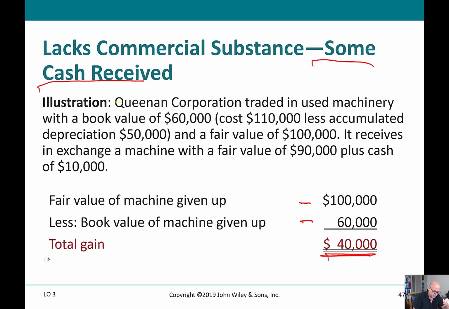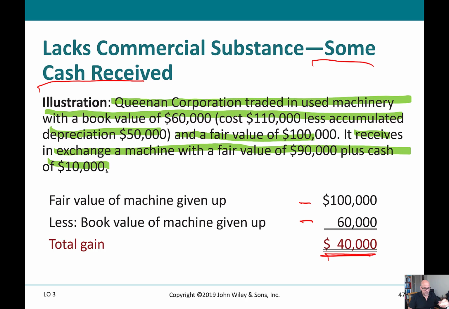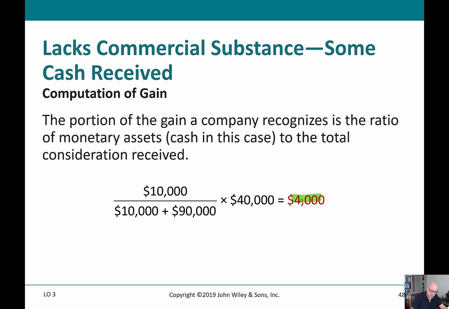I think this might be a little bit of a repeat of the previous question. Queenie Corporation traded in used machinery with a book value of 60, okay, and a fair value of 100,000. Okay, so it receives in exchange a machine with a fair value of 90 plus cash of 10,000. So we got some cash here, right? So what are we going to do? We're going to sit there and we're going to take 4,000 of that gain. We're only going to take a portion of that gain because the amount of cash that was received versus the total consideration is less than